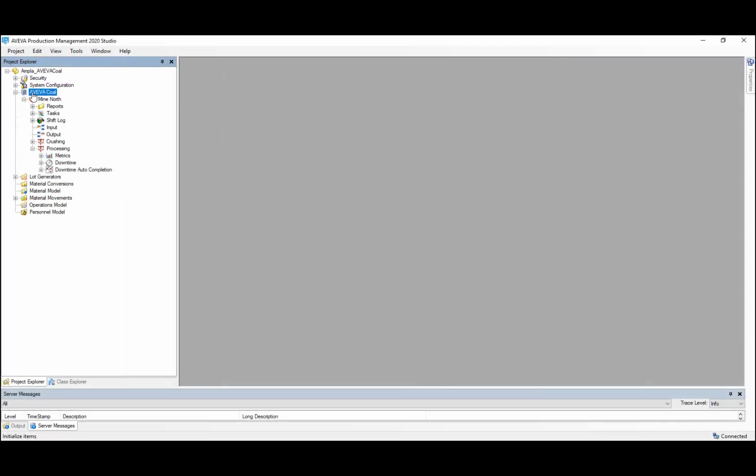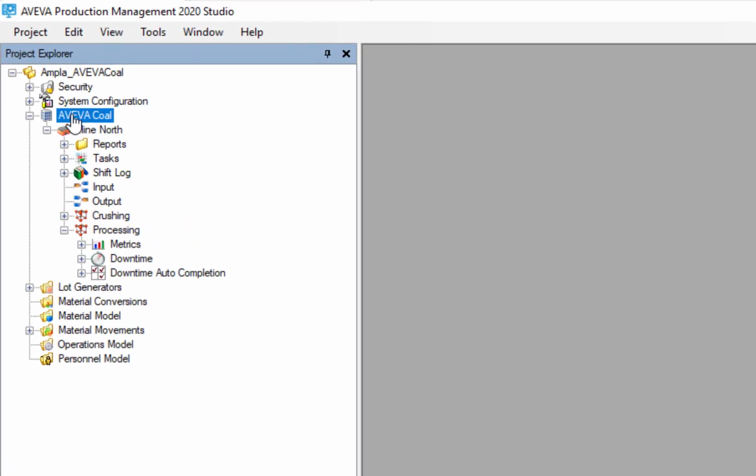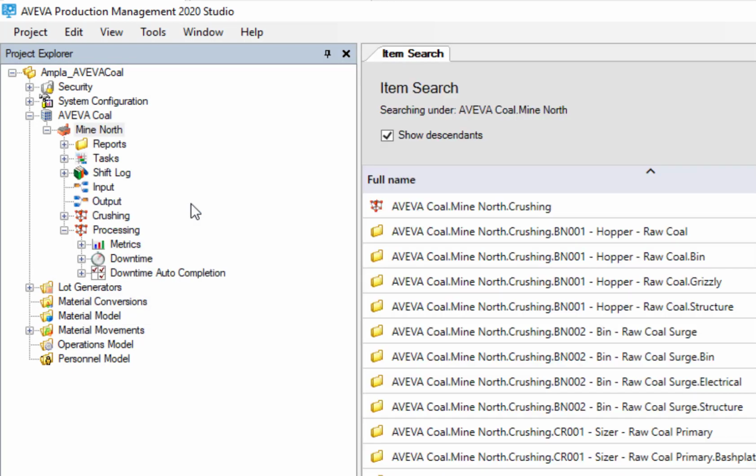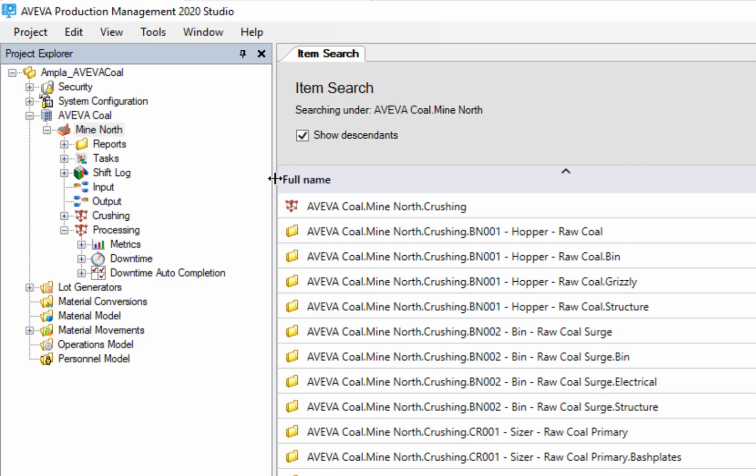Here we have some configuration that we can have a look at. I have a fictitious site and a couple of processing areas under this site. If I select, say, Mine North as a location here and right-click it, I have this show in item search option available, so I'll select that. Now that opens up the item search window, and the first thing you'll notice is that it's a grid format, and we have this show descendants checkbox up here. That checkbox essentially says, give me the Mine North node and everything below that in the hierarchy,